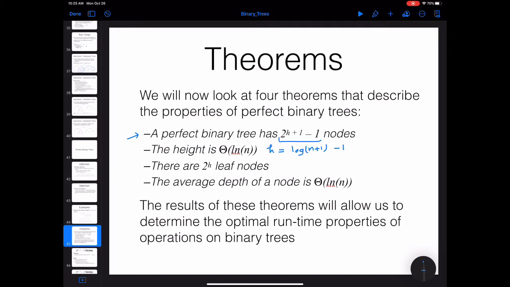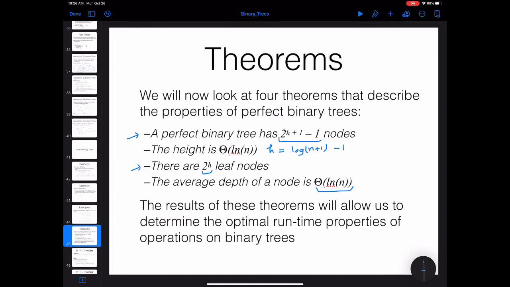Or for example, the number of leaf nodes in a perfect binary tree of height h is going to be 2 power h. And the last theorem is the average depth of a node in a perfect binary tree is going to be theta of log of n. Okay, I'm going to prove all these 4 theorems, but to be able to do that, I need